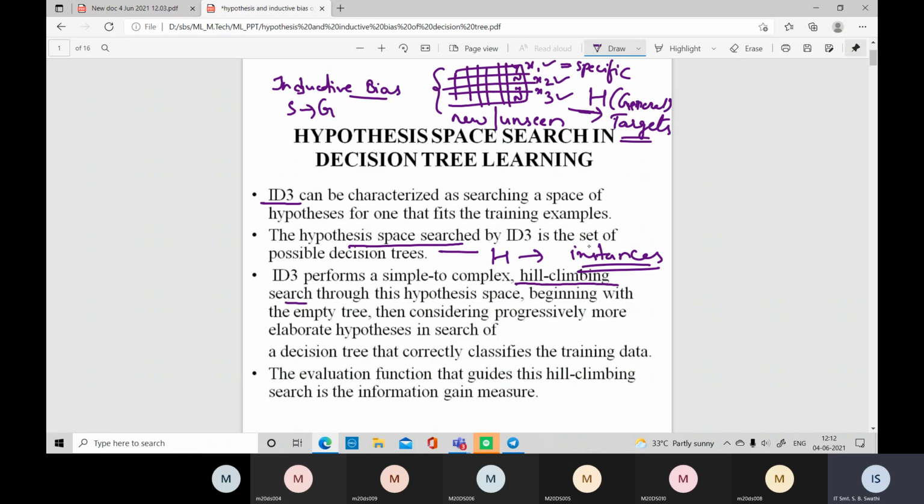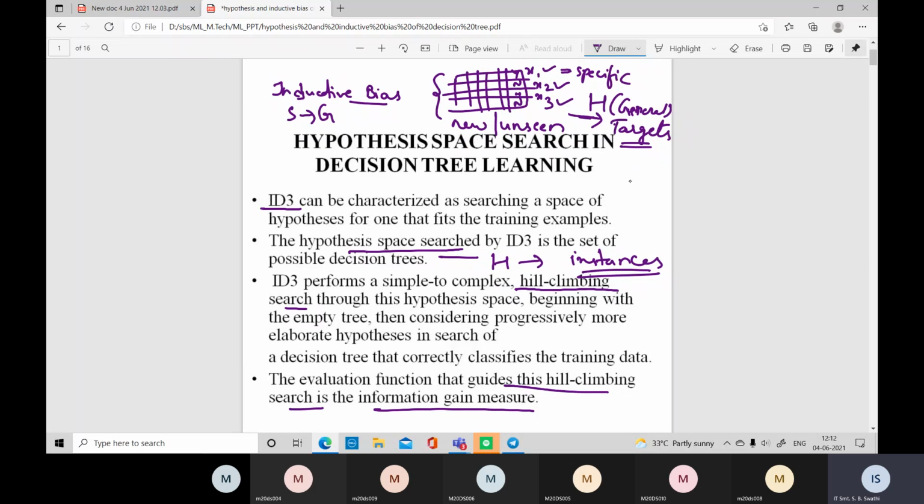That means it will be only in one direction. There is no backtracking. You can't go backside, and you can't again identify what can be the classification. It is in one direction. That is ID3. That is related to hill climbing search. That is only from top to bottom. If you have chosen the left tree, you will be going towards the left tree only until the leaf node. You can't come back again to the right node if you don't find any solution on the left node. And we use this hill climbing approach to calculate the information gain measure. How we are calculating the information gain measure?